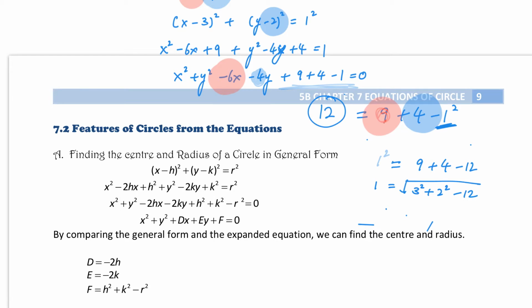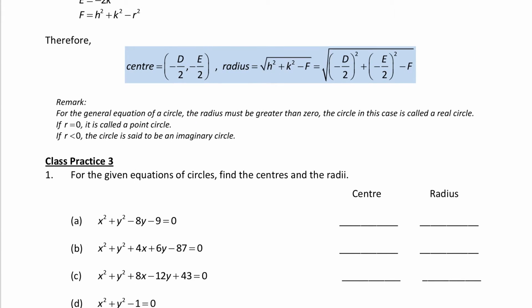Then remember, if we have the general form, what is the general form of the circle equation? Expand all the terms and rearrange the order according to descending power of x and y. How to find the center? The x coordinate is negative d over 2. How about the y coordinate of the center? Negative e over 2. That means the coefficient of y. How about the radius? Radius is equal to the square root of h squared plus k squared